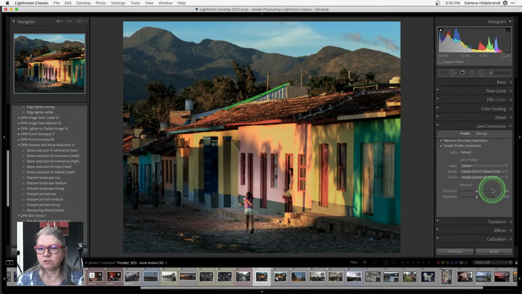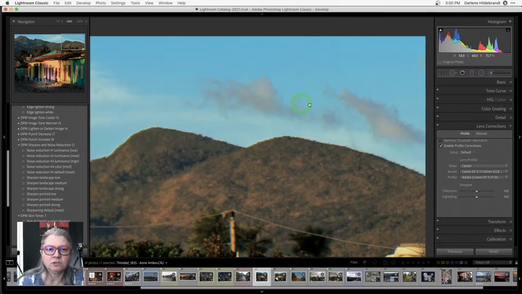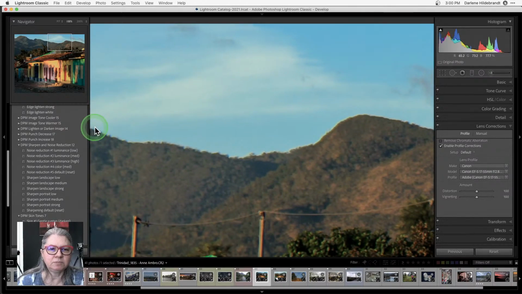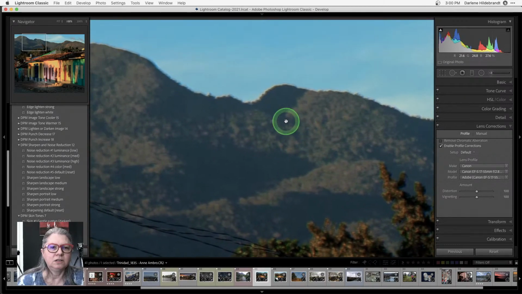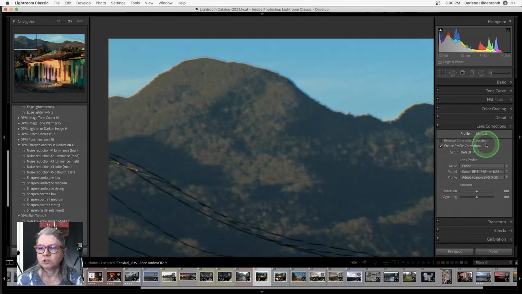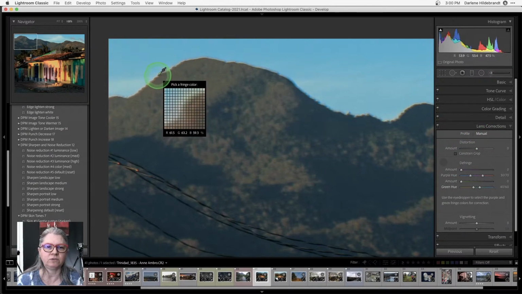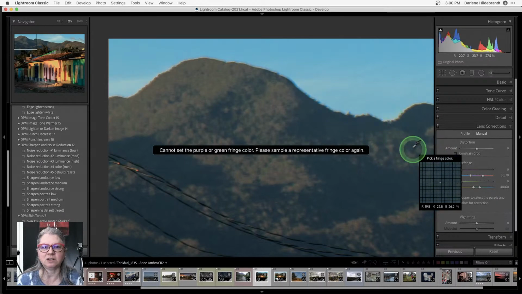Back in the lens corrections, okay, so remember I used the chromatic aberration. I'm going to turn these off just to see if we have any. Okay, so chromatic aberration looks like, now somebody's image had a lot of chromatic aberration. I've got to find it. It looks like a purple or blue fringe, purple or green fringe. You can also find a fringe here, like if you've got an edge color, you can try and get rid of it, but it's not seeing it.